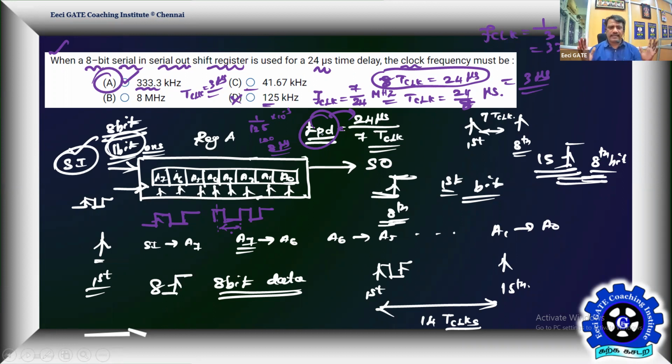So that is the net delay in a serial-out shift register. Consider the first bit, and when you will get the first bit in the output, the serial out, that is going to give you the delay. The 8th bit is going to happen at the 8th clock edge. The 8th bit will come into the MSB bit, but when it comes out, it will take another 7 more clocks. So 8 plus 15, and 15 minus 8 also gives you 7. You can play for any bit. So play for the LSB bit. That's very instant.